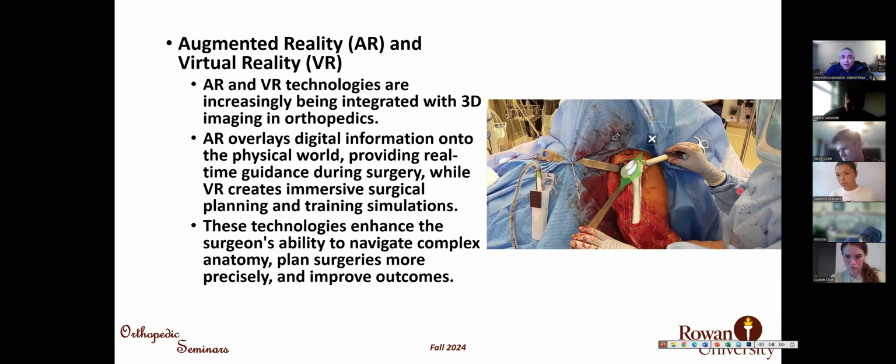But we cannot use VR during the surgery because the VR blocks the view of the surgeon and the surgeon cannot see the surgery. So we have to use AR, augmented reality, and project the reconstructed view of something on the surgical field. Many technologies and many ways are being used to apply AR during the surgery. One of them that is really game-changing is